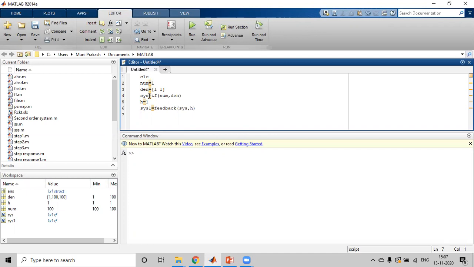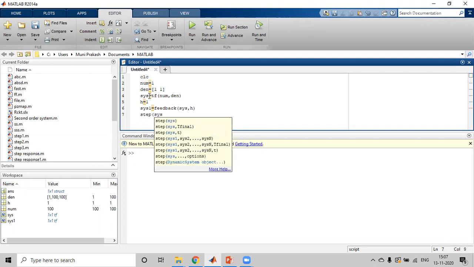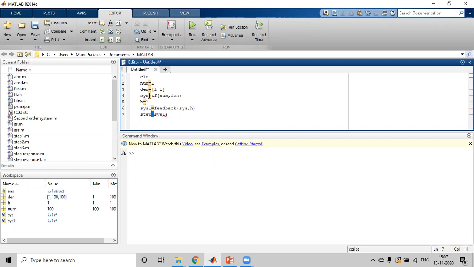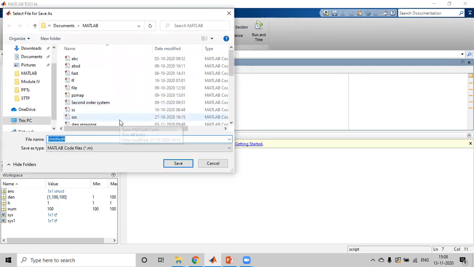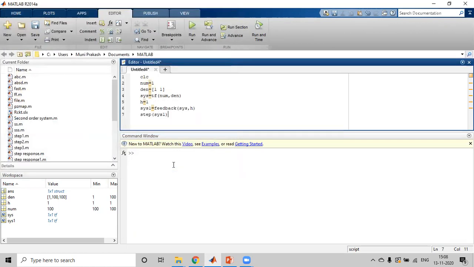Now for that system, we need to apply the step input, that is step of the closed loop system, name is SYS1. Now we will save the file and we can run the program. First, we need to save the file. We'll save it as first order system.